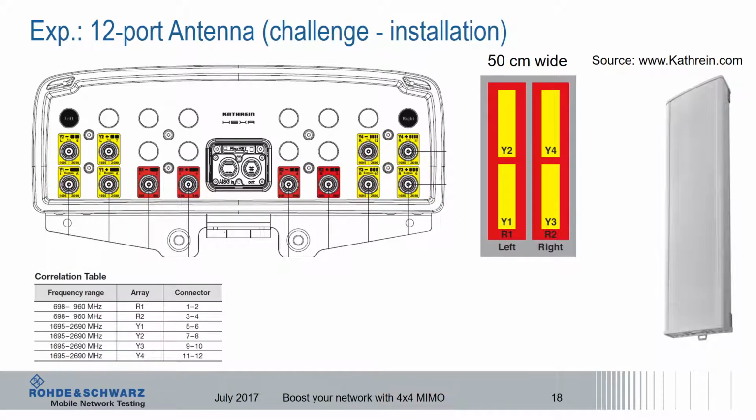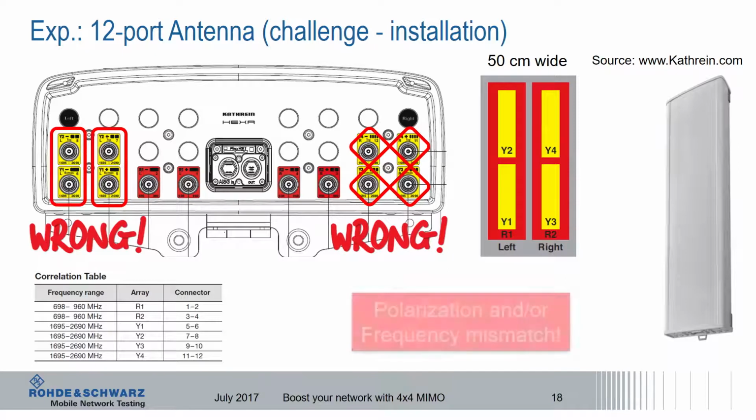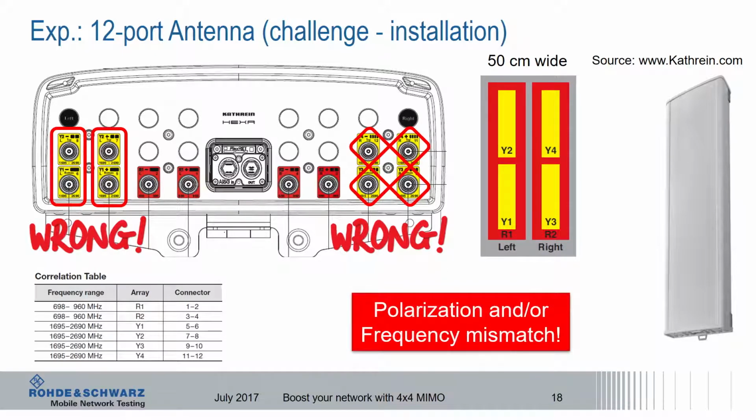And here you see 2 examples of what can go wrong in cabling. Finally, you may get polarization mismatch. And if you are unlucky, even frequency errors and polarization mismatch in certain scenarios. But you definitely do not gain capacity improvements. For sure, you need test equipment to measure and identify this scenario in the field.